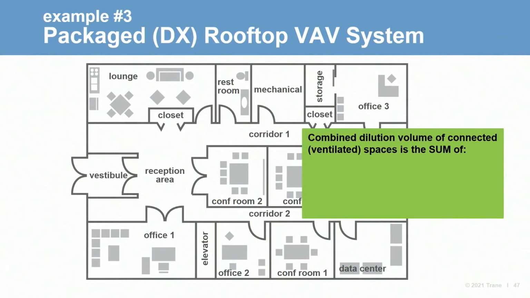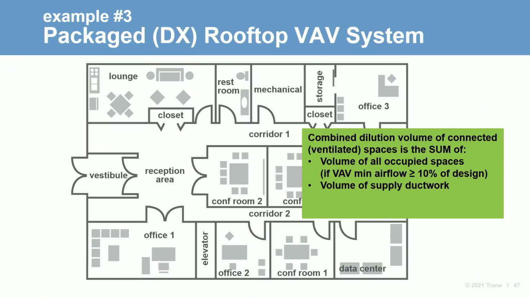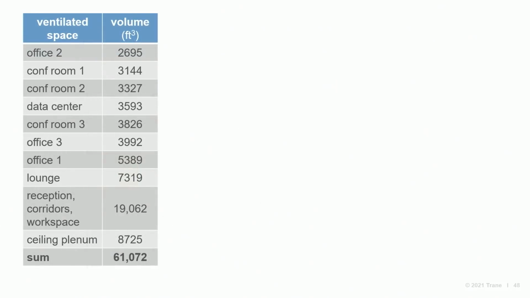In this example, the volume is the sum of all the occupied spaces. This is because they are all served by a single ducted air system, and the minimum airflow for each VAV box is set no lower than 10%. You can also add the total volume of air distribution, including the supply ductwork. However, you cannot double dip, as the volume of the ductwork is already included in the ceiling plenum calculation. We're going to exclude it. Just like in the first example, we're going to also ignore the vestibules, the closets, the elevator shafts, the restrooms, and all the other spaces that are not served by the ductwork. In this example, the total volume is